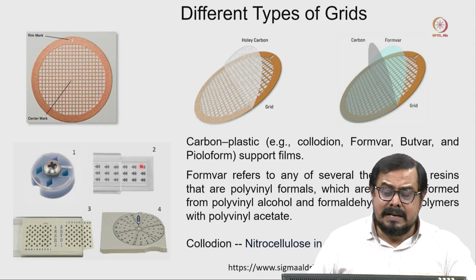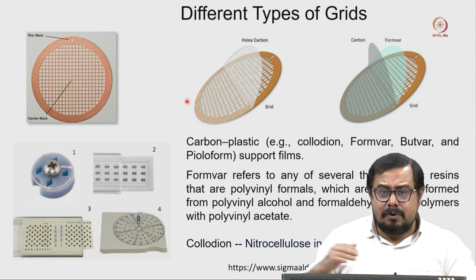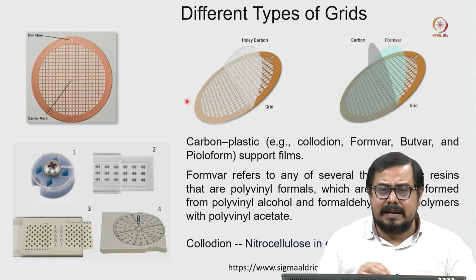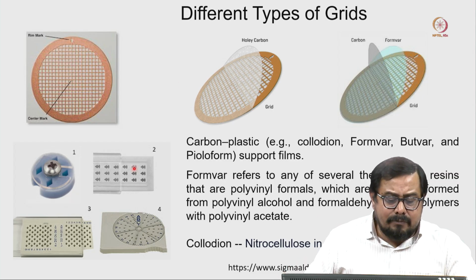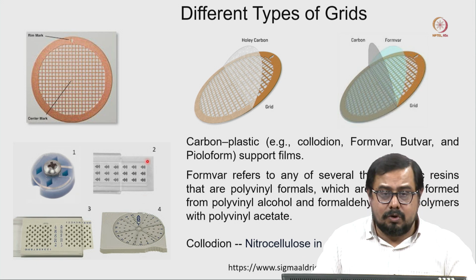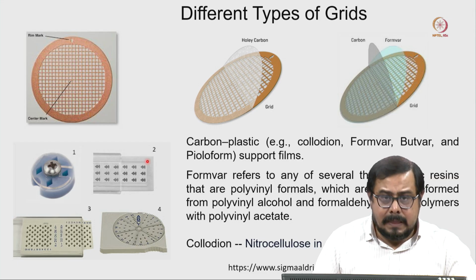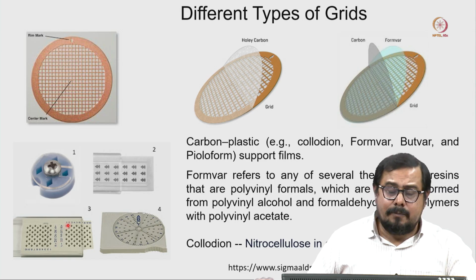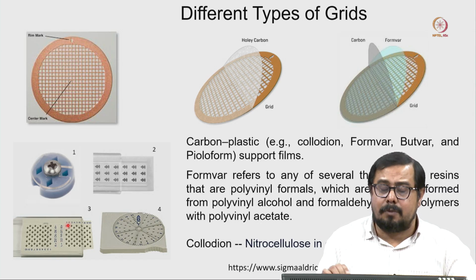That is the reason you have to label the grid box properly. Otherwise, if you are continuously doing negative staining imaging and storing grids, and you do not have proper labeling, it will be very difficult to find out what grid you prepared almost 6 months or 1 year ago. So, you have to select what kind of grid box you want and document those things properly.